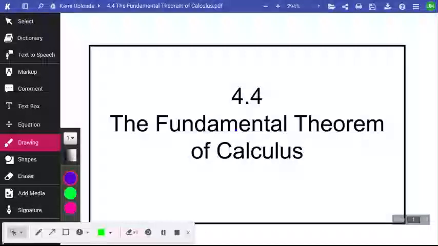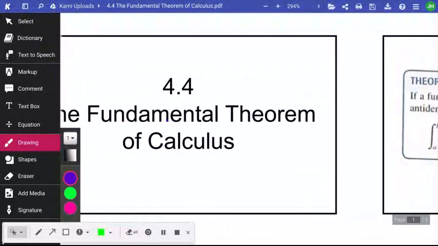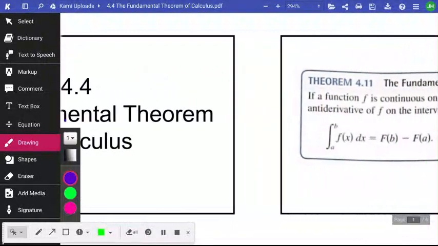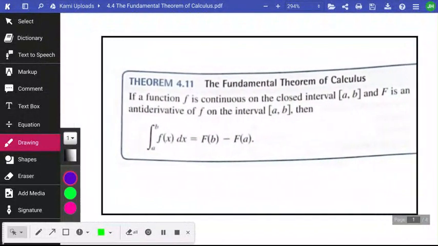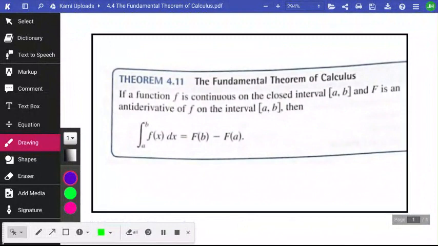Fundamental theorem of calculus. That's the name of it. There's actually two fundamental theorems: the first fundamental theorem and the second fundamental theorem, depending on the textbooks you use. But the fundamental theorem of calculus we're going to talk about, and I do think it's one of the most useful ones,